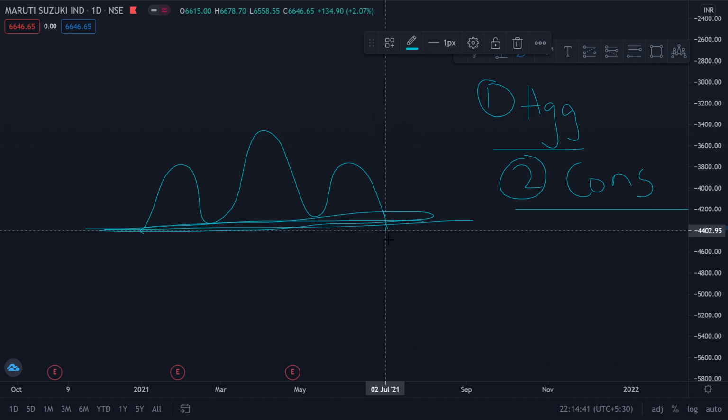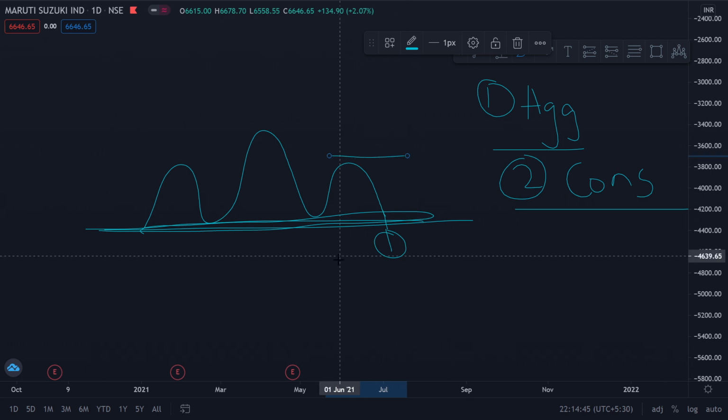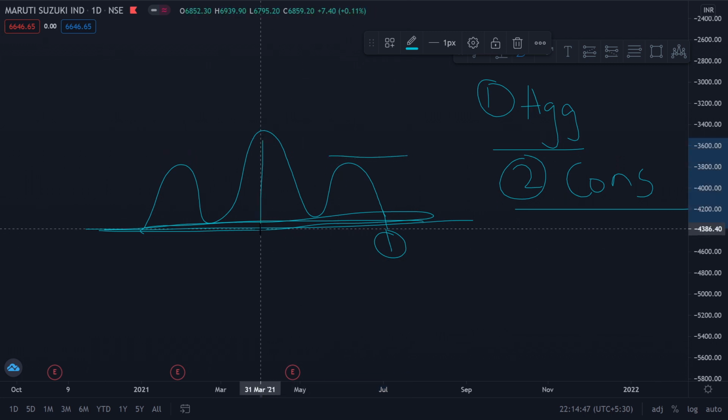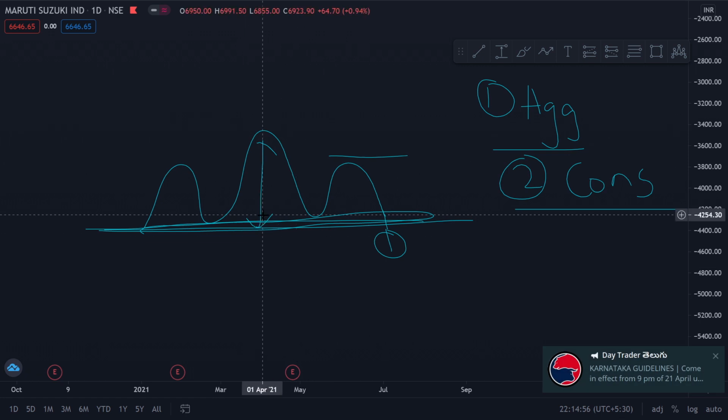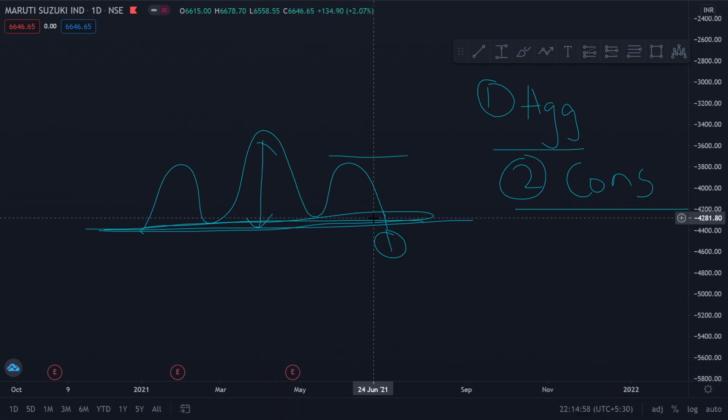So ideally, when you enter here, if this is your entry point, your stop loss is above this right shoulder, and target is the height of this head, right? So this will give you a good risk to reward ratio, as obviously your head is higher than the shoulder, right? So this would improve your risk to reward. Now let us look at some examples.